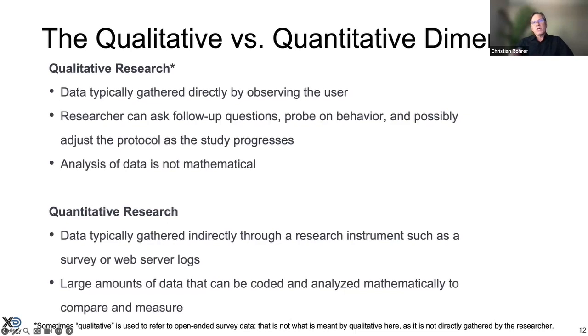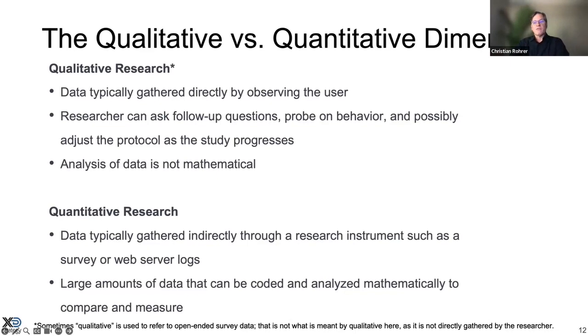Because of that involvement, you're able to gather really rich data that's usually not mathematical in nature, at least at the onset. Quantitative research, in contrast, uses techniques that gather lots of data using some kind of instrument like a server log or perhaps a survey, and it can gather it quickly. It may be mathematical in its first state, or maybe it gets coded to be mathematical, and it's used largely to do comparisons of some kind, mathematical, not always, but usually.